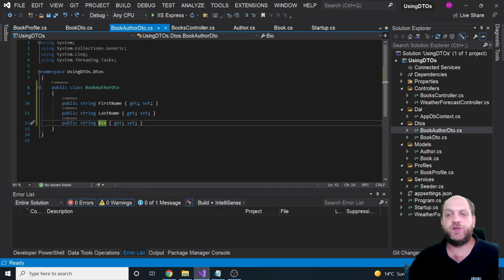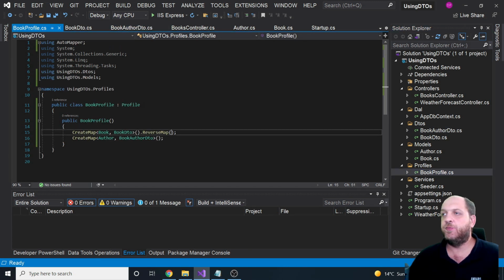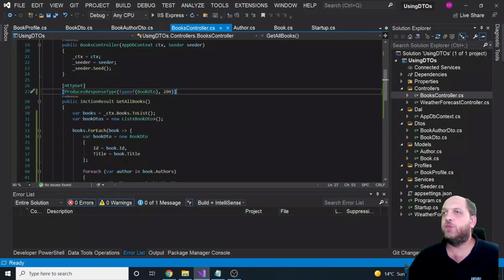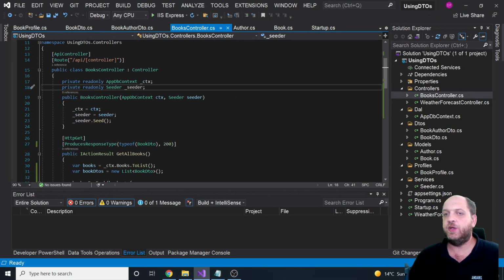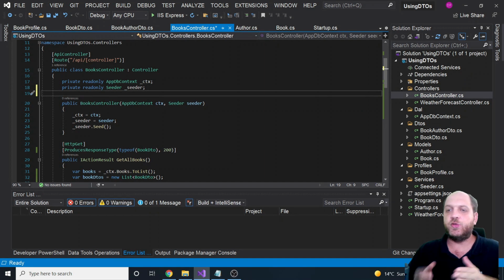And the same, of course, goes also for bio. So this means that right now with this basic setup that we have done in this book profile, theoretically everything should work. So we just have to wire things up together. And to do that, we just need to go to this book controller. And the only thing that we need to do is, remember, we have added Automapper to the dependency injection container